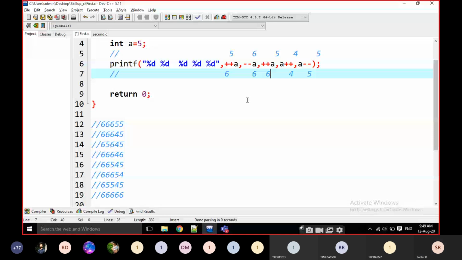Okay. We have to check every time: if you modify a value, are there any pre's before it? Yes, there are some pre's. If it is increment or decrement, we have to modify that value also. Okay, is it clear? Okay, sir. Okay.